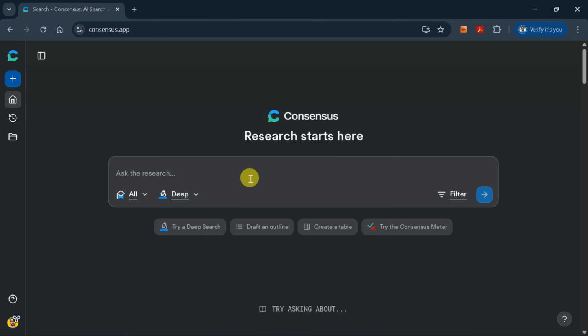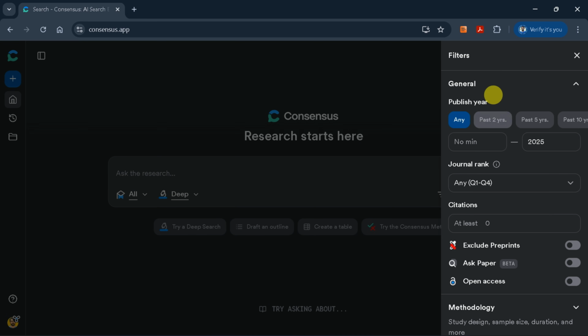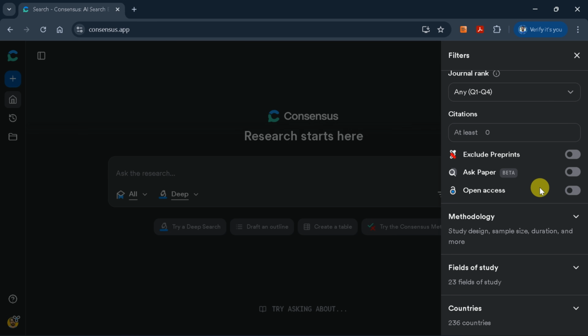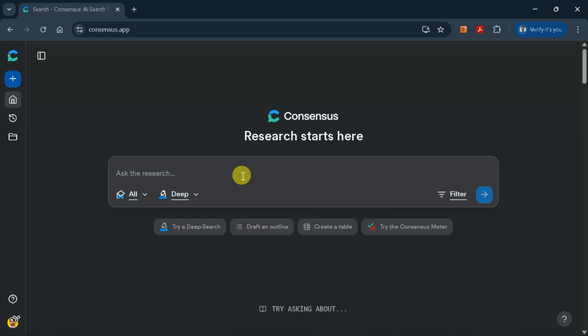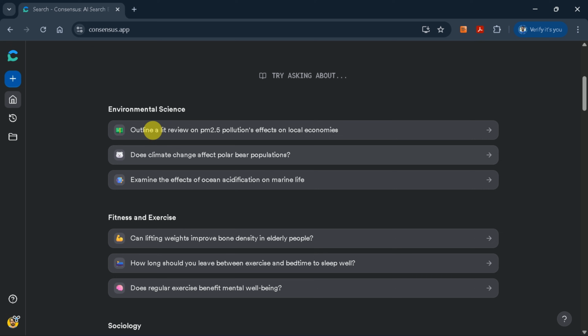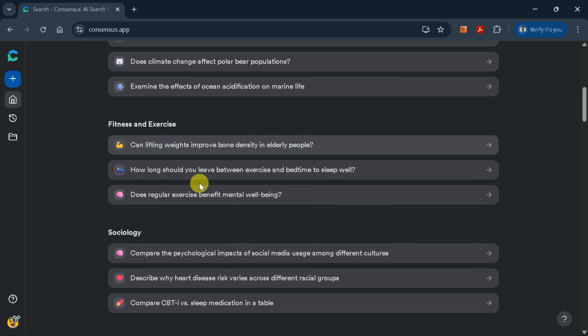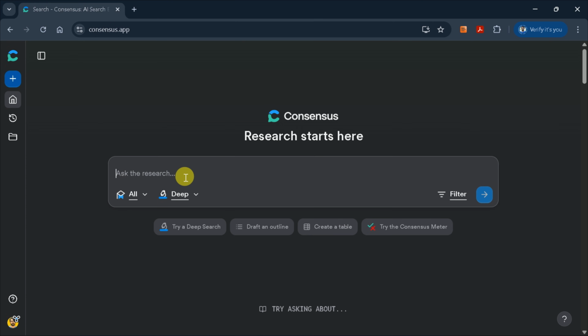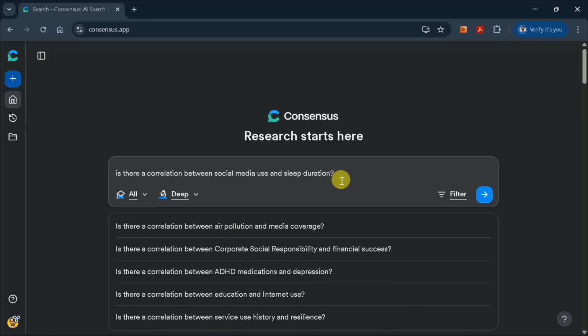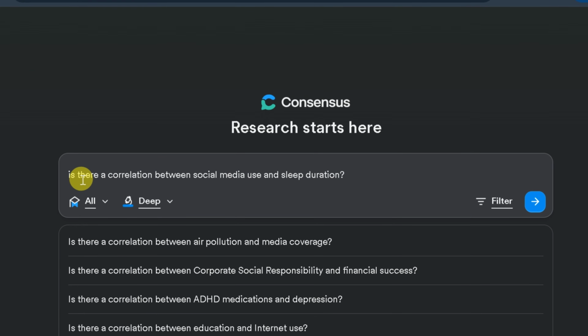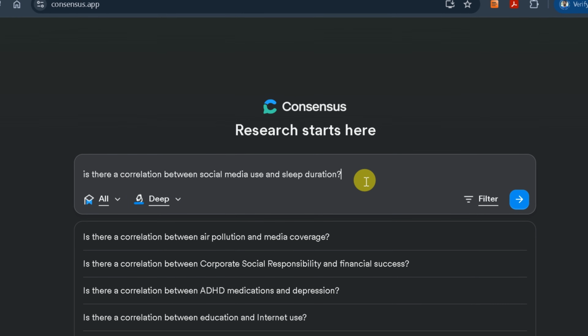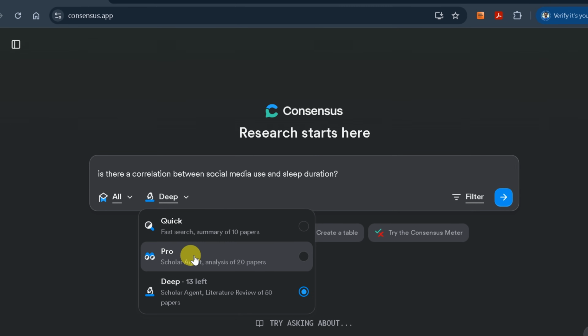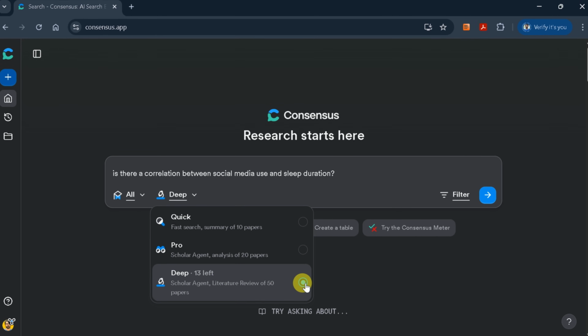To refine your search, Consensus AI offers robust filters by publication year, journal rank, citation count, methodology, field of study, and more, making it highly effective for targeted academic research, literature reviews, or compiling comprehensive tables. Example prompts are provided to help expedite your academic writing process. For instance, if you're interested in the correlation between social media use and sleep duration, you can enter this query. Then you need to choose Deep to carry out a comprehensive literature review, which allows Consensus to cite 50 relevant